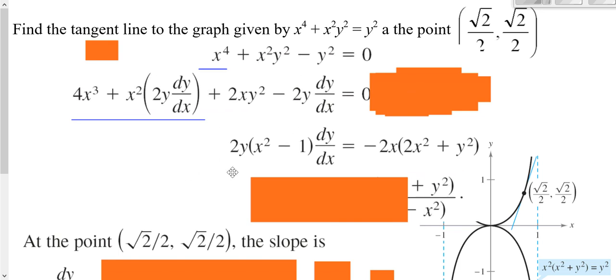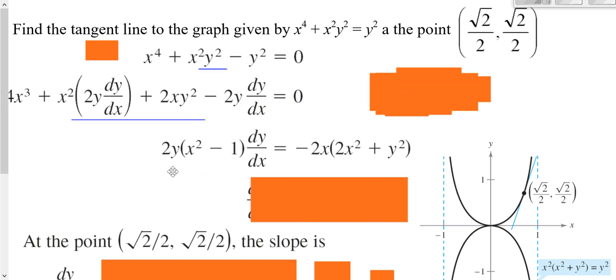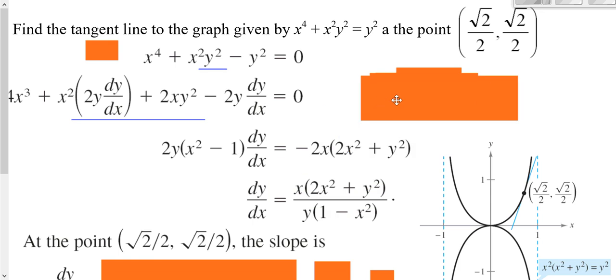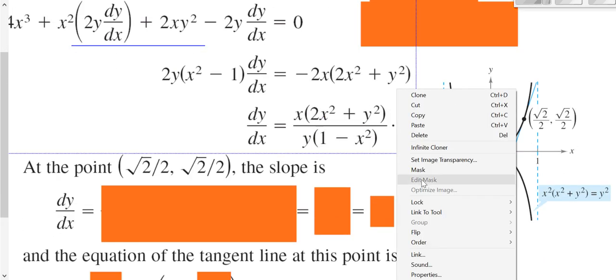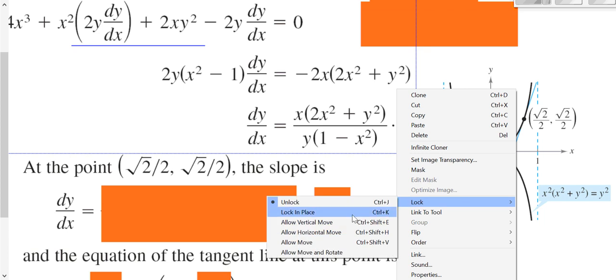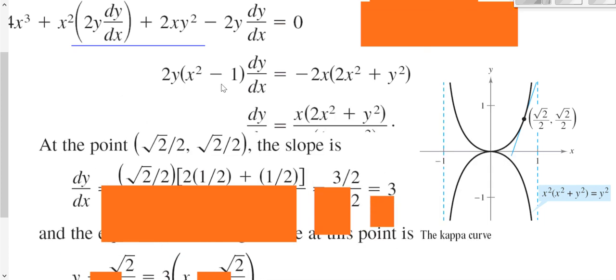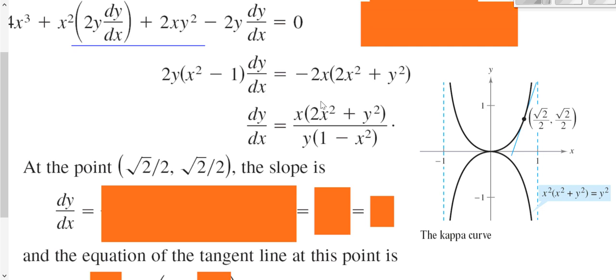Now, all we have to do is to go ahead and finish getting dy over dx by itself. We have dy over dx multiplied by something, so all we have to do is a little bit of division. So we end up getting this as our derivative. Okay, so all we have to do now is take our point, which we have down